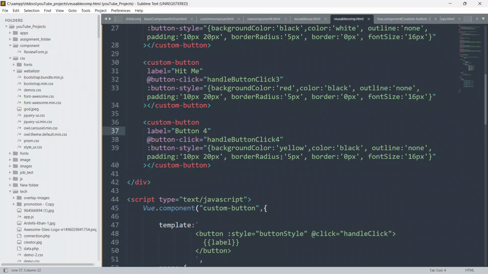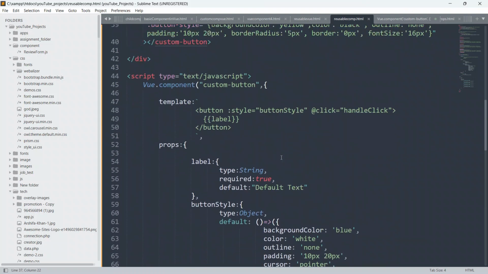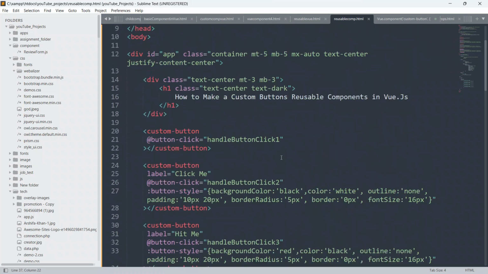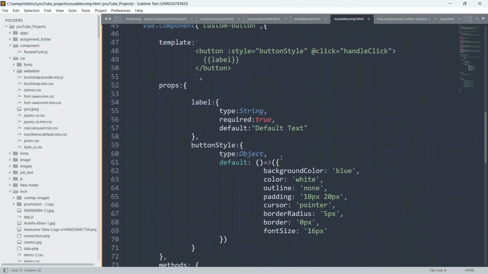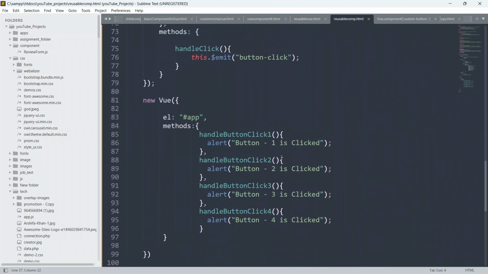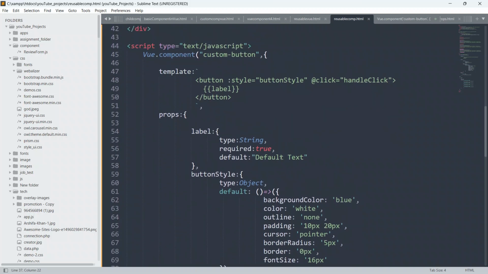So guys, in this way we have created our reusable component, and you can see here I have explained you each and everything in detail, in depth, okay. So guys, I don't feel that you will be having any kind of confusion, any kind of doubt in your mind about how to create a reusable component in Vue.js, okay. So guys, if you want, I can explain you the code also one more time. So let me just explain you the code one more time, just for you guys, okay.